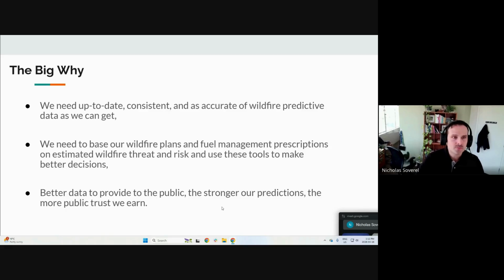And then finally, I think the other big why piece is we want to provide the public with the best information that we can, and the best answers we can. And I think part of that is the public wants and needs this information. They want to be able to believe it. They want trust in it. And I think the public can tell if data is not accurate or is not consistently built. So there's a need for the public to have understandable and well communicated data as well.